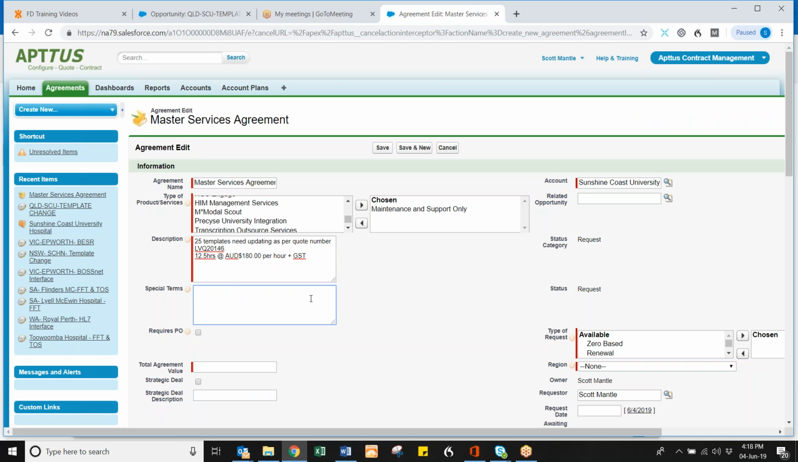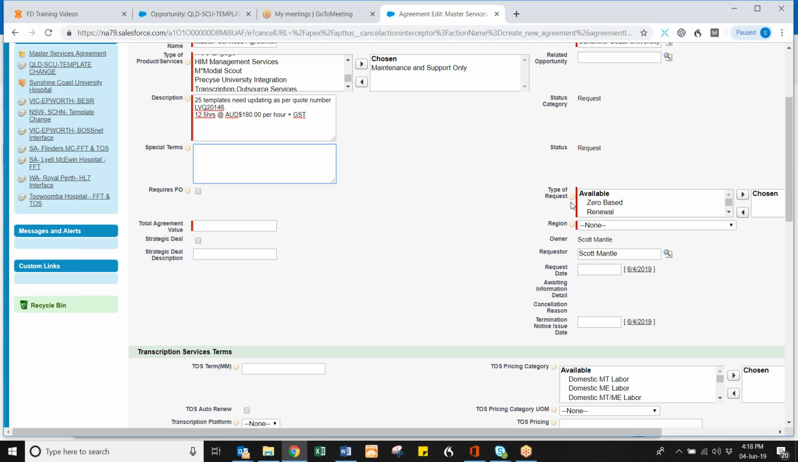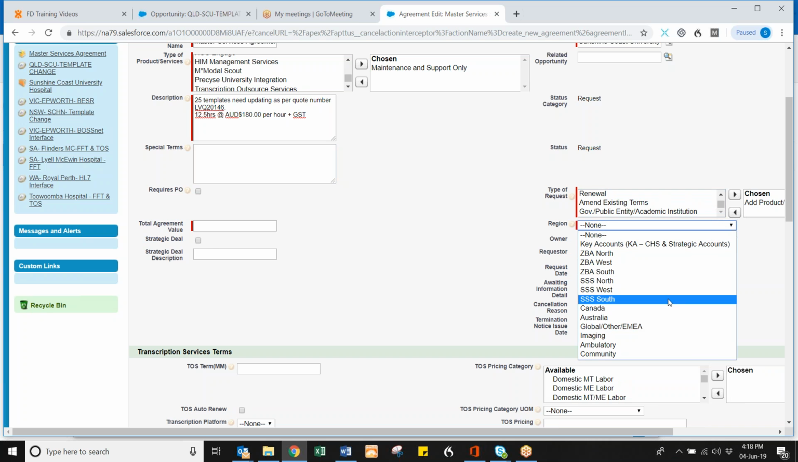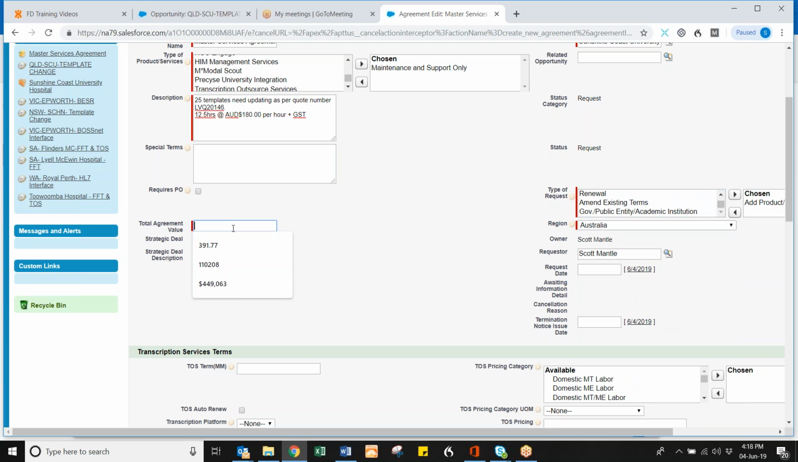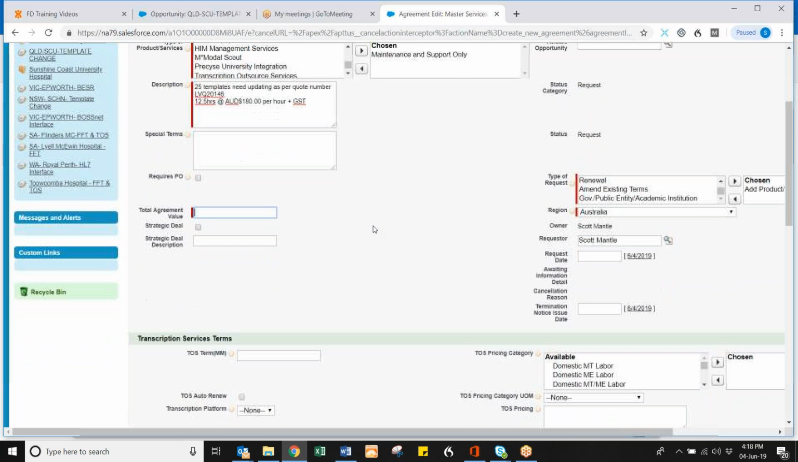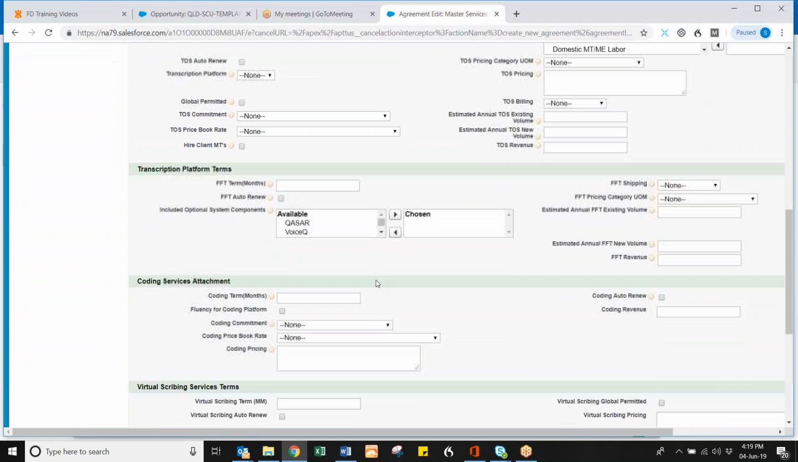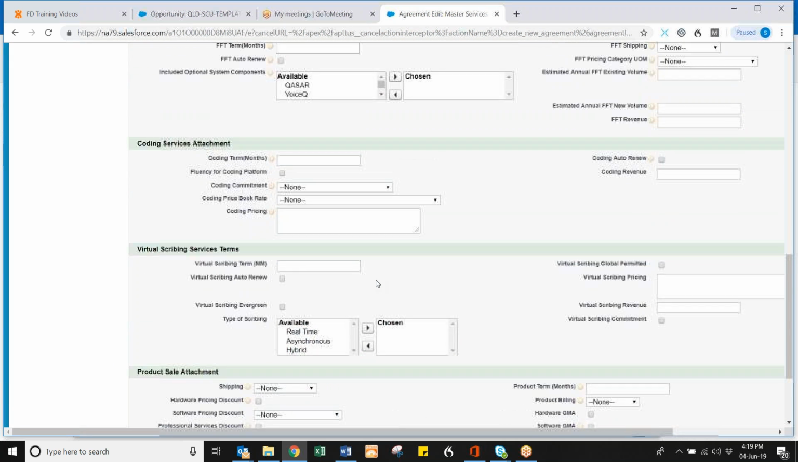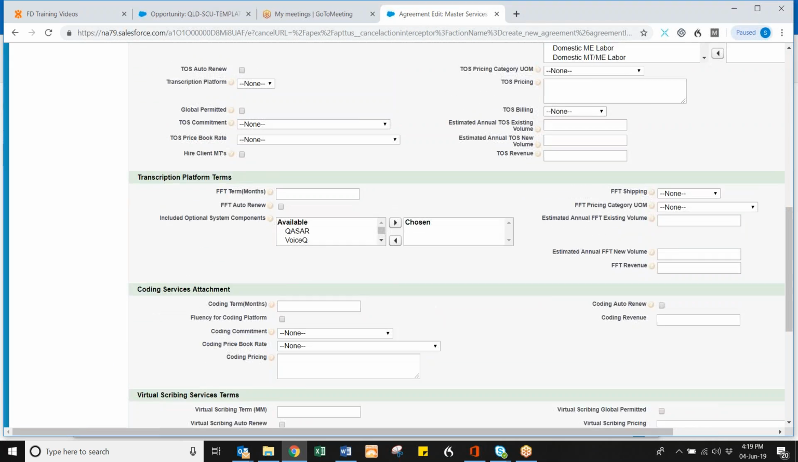Special terms. Can you see any special terms required there? No. Okay, so we just go down to type request. It's not a renewal, it's an add-on of product and services. The region is in AU, Australia. Total agreement value is for that 2250. Okay, from there I just need to go down here and I need to add the purchase order itself,